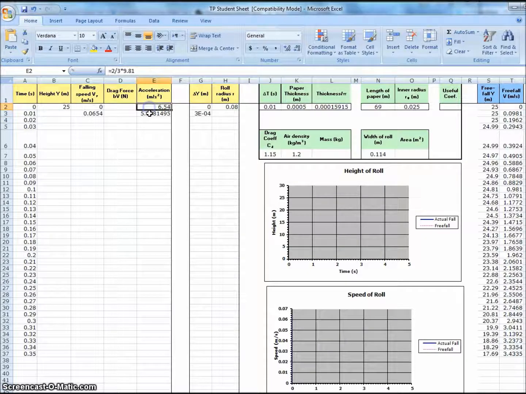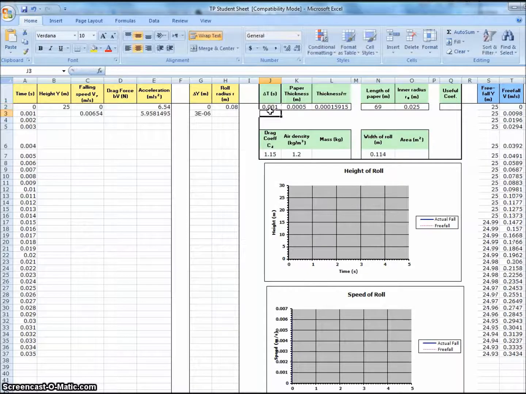Is it the same over 0.01 seconds? No, it's not. But if we've done our formulas correctly, then to a couple of sig figs, they'll be close enough to make an approximation. If you want a better approximation, reduce delta t to something even smaller, and you'll see the numbers change and become more precise. Be careful to write out your formulas algebraically so that you're clear on the difference between t,